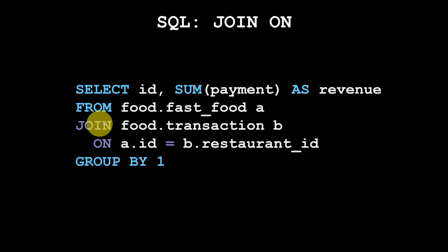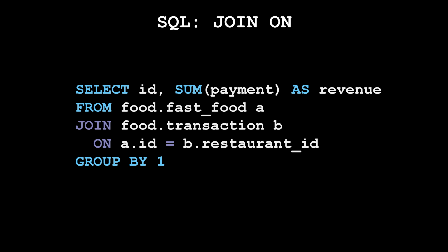So the join keyword tells SQL to join the original table, which is fast food, indicated by from, and then on tells you how to join these two tables. So the original table is fast food. The table that you want to join is food transaction. And then on tells you what the rule is to join the rows. In this case, we want to join them via ID. So that means we want the ID of fast food to be the same as the restaurant ID